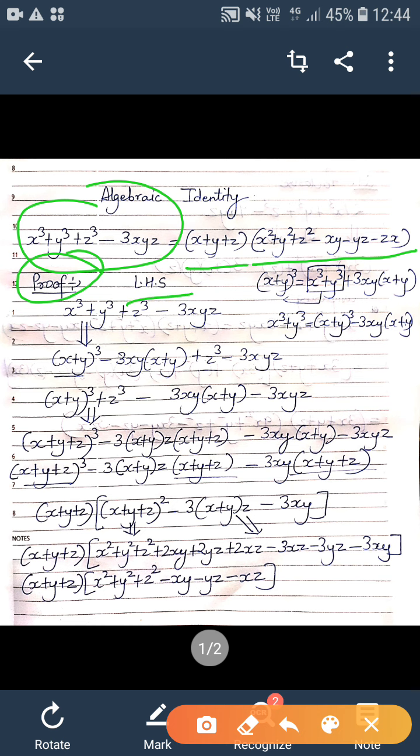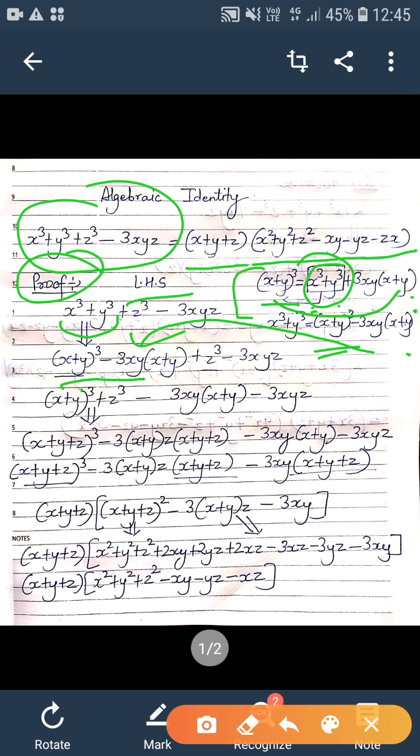Now, taking the left hand side, we have x cube plus y cube plus z cube minus 3xyz. Now, taking x cube plus y cube together, we can write it as the difference of these two expressions. How? We know that a plus b whole cube is equal to a cube plus b cube plus 3ab into a plus b. That is, x plus y whole cube is x cube plus y cube plus 3xy into x plus y. Because we want to find out the value of x cube plus y cube, we transpose this term to the left hand side. So, x cube plus y cube is equal to x plus y whole cube minus 3xy into x plus y, and this is the value which we are writing over here.